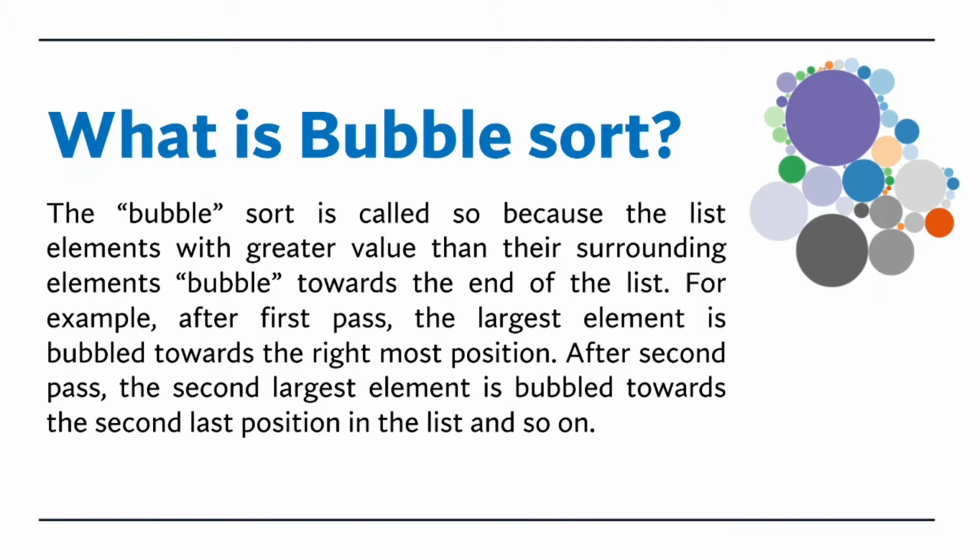So what happens each and every time is that in each iteration, one element is shifted towards the right, and here we will be working on the ascending order. So in the first pass, the maximum element went to the last position, then the second maximum, then the third maximum, and like this. So let us look at an example and understand how this works.